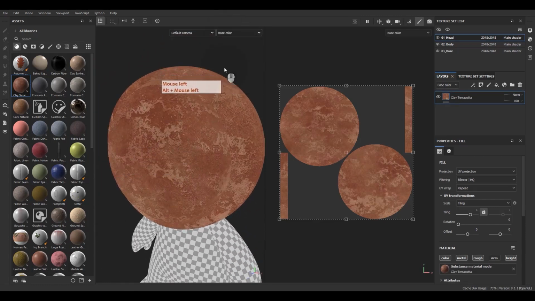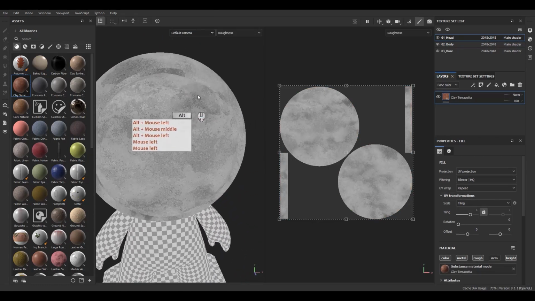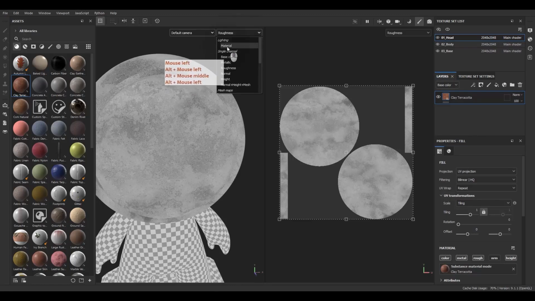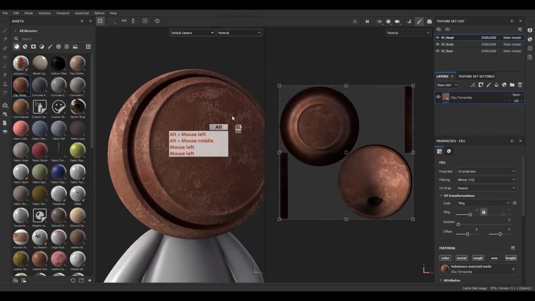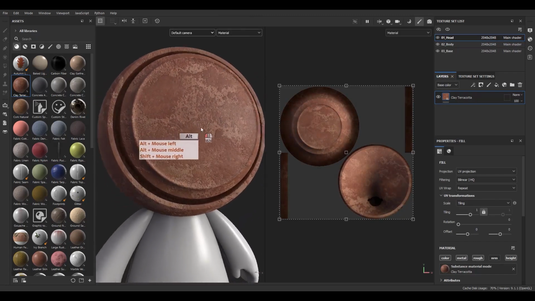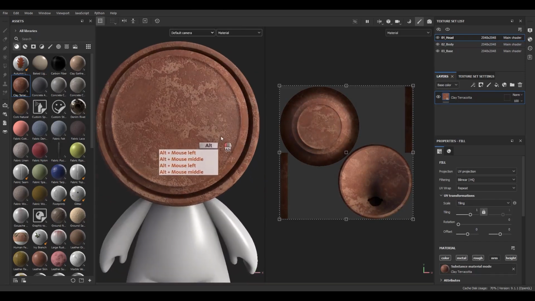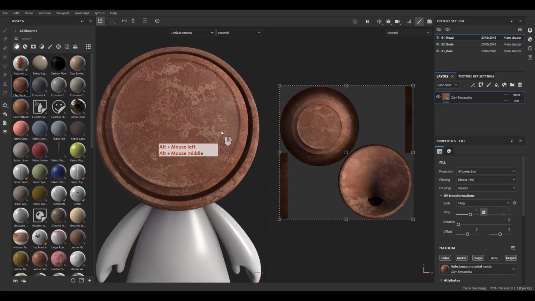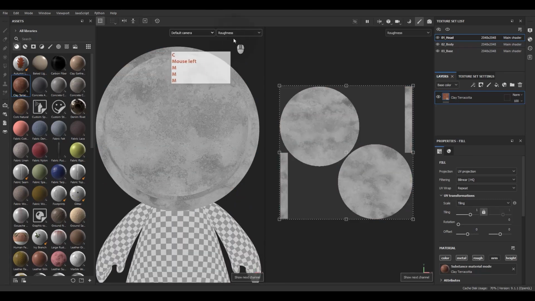And we can switch to roughness. Or we can even switch to material mode and control the lighting situation and see what's happening inside the material. And for the shortcut, M is for the material. As you can see in here, we have Show Material when we press M. C is for